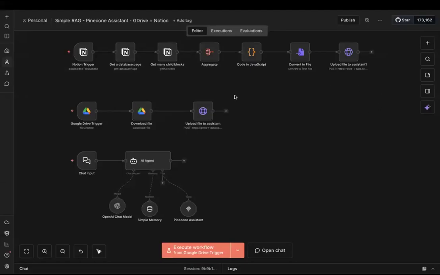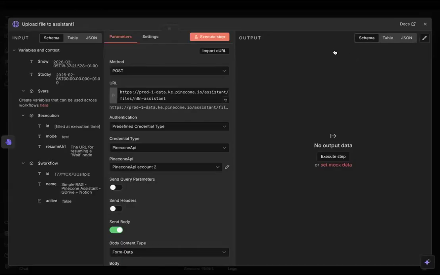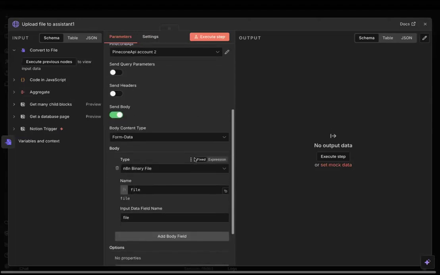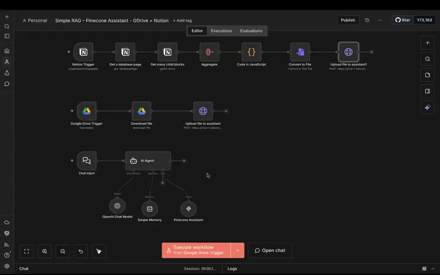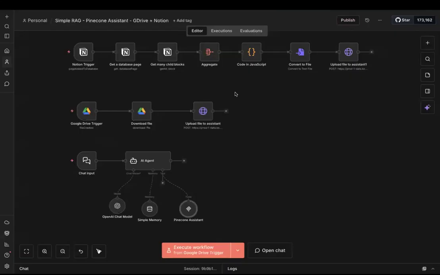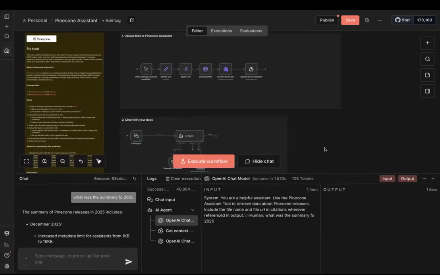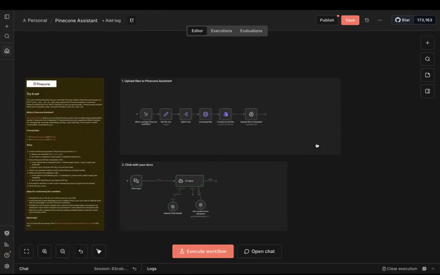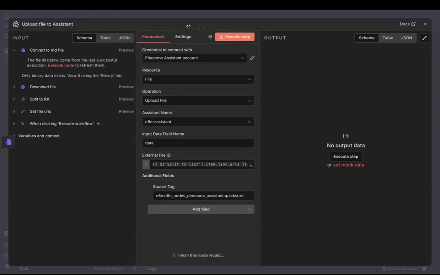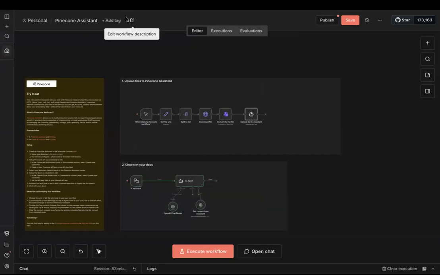And what I built there is something like this. Here it's using the HTTP request node, and you can see this was the old school way of doing Pinecone Assistant. And then when it comes to connecting your AI agent to the Pinecone Assistant, I used to do it like this, having an MCP server, having a streamable. It's not as intuitive as you showed it in your demo. But now that this Pinecone Assistant is becoming so cool that you have literally an actual node that you can use natively, the way n8n is doing it, it makes RAG so cool.